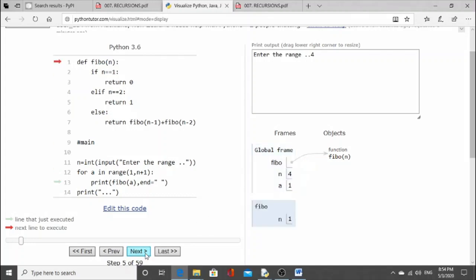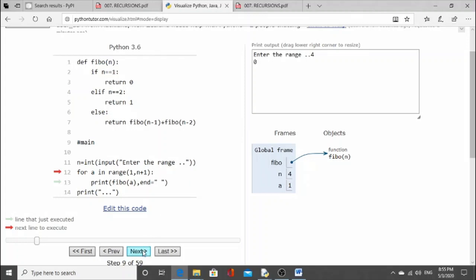Now see this red arrow, FIBO function. Next, since it is checking n is 1, what it is returning? It is returning 0. Now since every other condition is false, it is returning 0, and this 0 is printed here. See, the output will be printed in this screen.